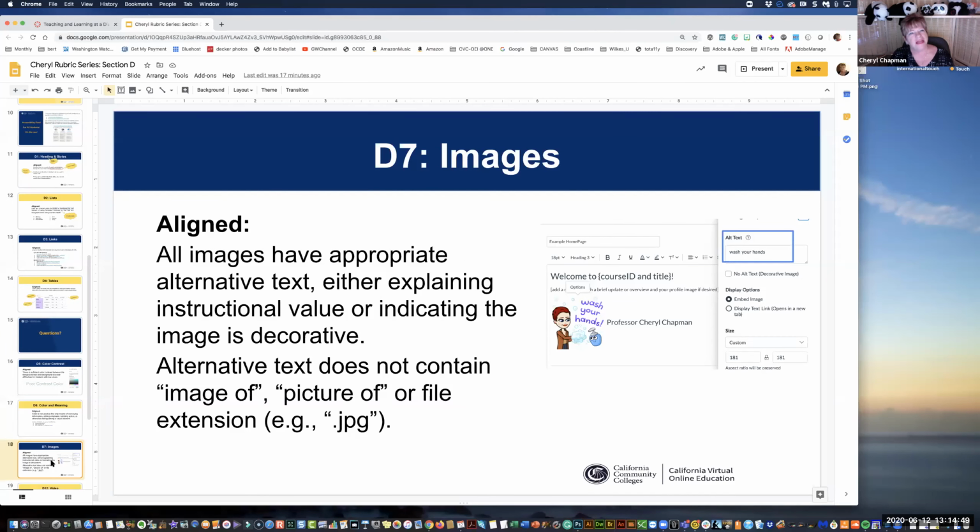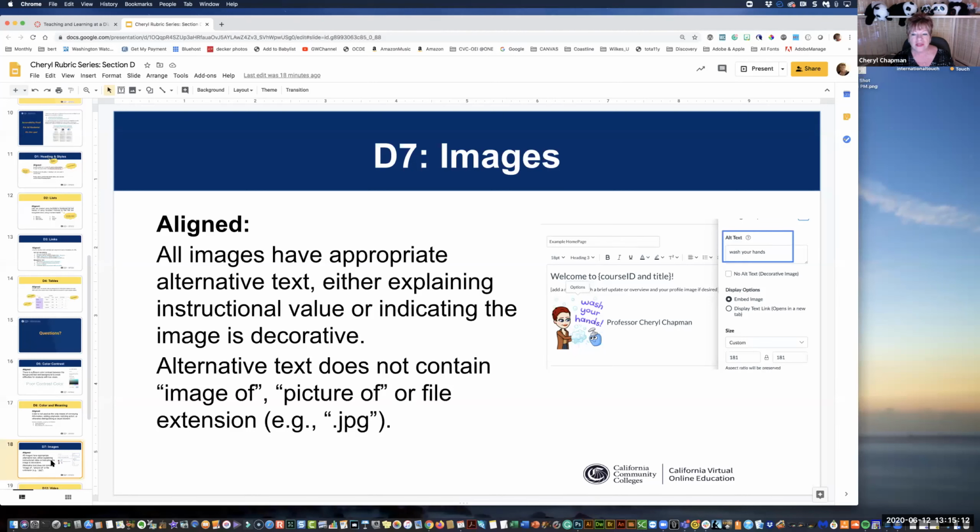Images. And it's funny because usually we start with images on a page, right? We're like, okay, what did you do? Did you add your alt text to your images? So that's basically what we're trying to say, is that for the visually impaired student or user, they won't be able to see that image. So if it adds to the content of your page, you want to make sure you have a descriptive alt